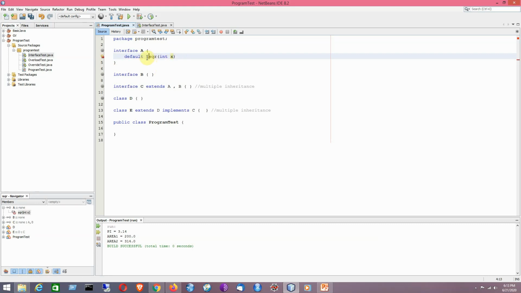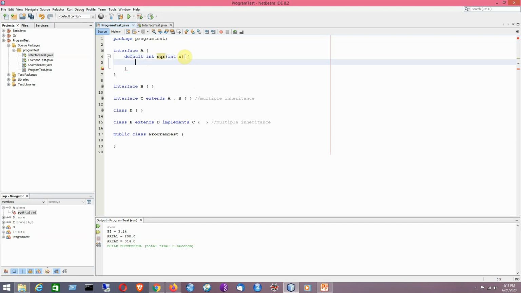It is of int type, return type is int. So I will be having a return statement here, x into x. So it is now allowed in Java with the introduction of Java SE 8.